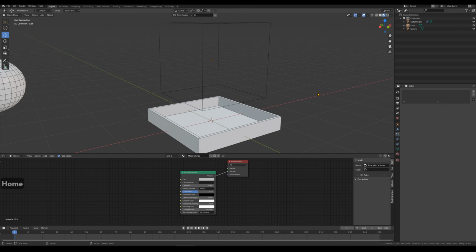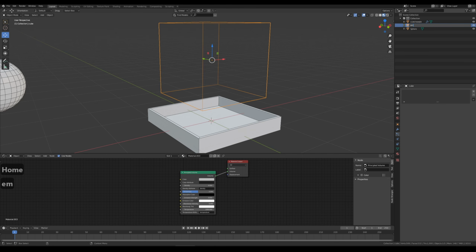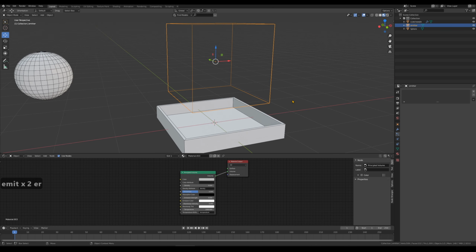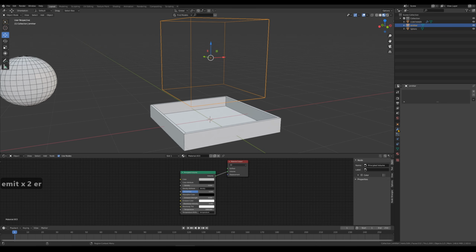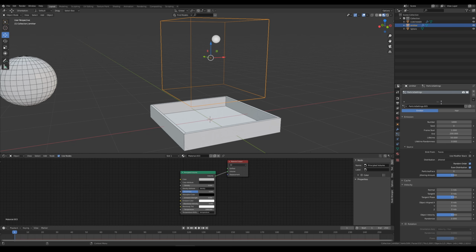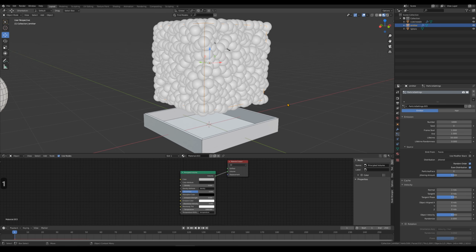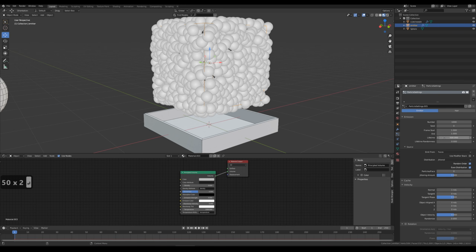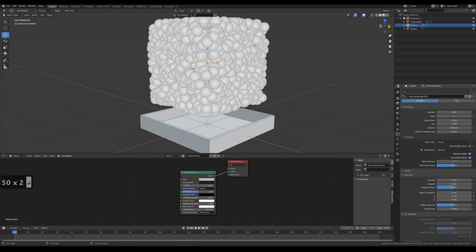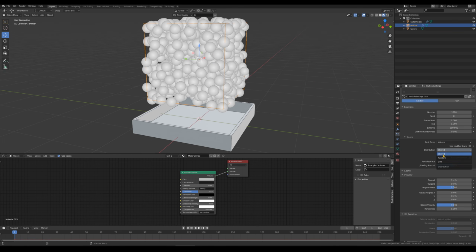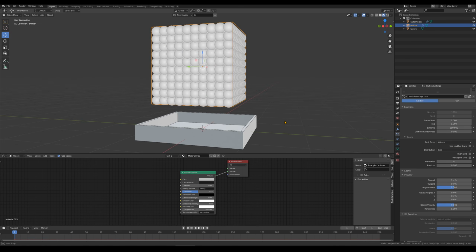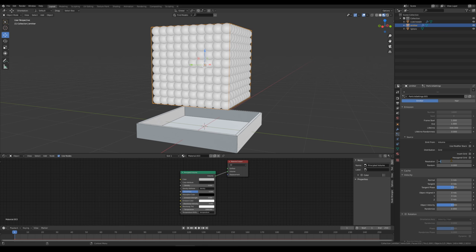Alright, so I'll select the cube and I'll rename that to emitter, and also I'll go into the particle settings and assign a new particle system to the cube, and actually change the end to 1 so that our particles stay at 1 frame and don't emit throughout the range. The other thing I'll change is the lifetime to 500 so we don't have any dying particles, and also change the emit from faces to volume, and I want them to emit in a more grid fashion. I'll also change the resolution to 30,